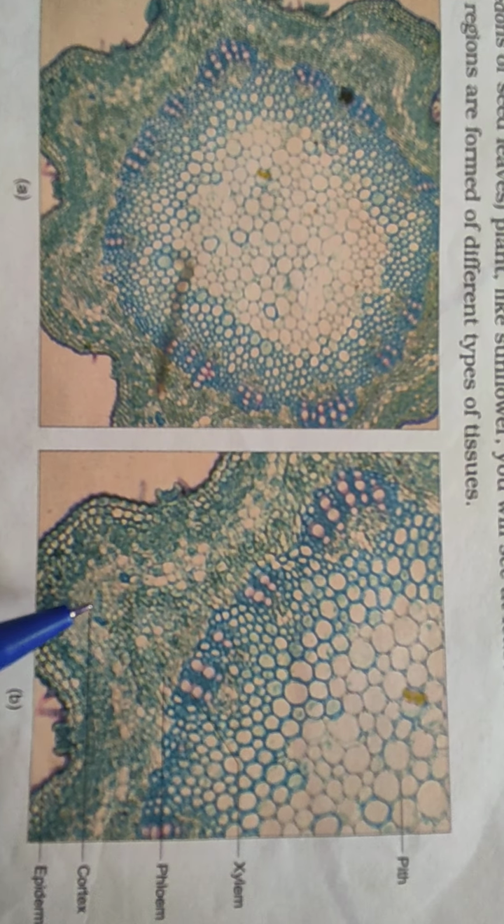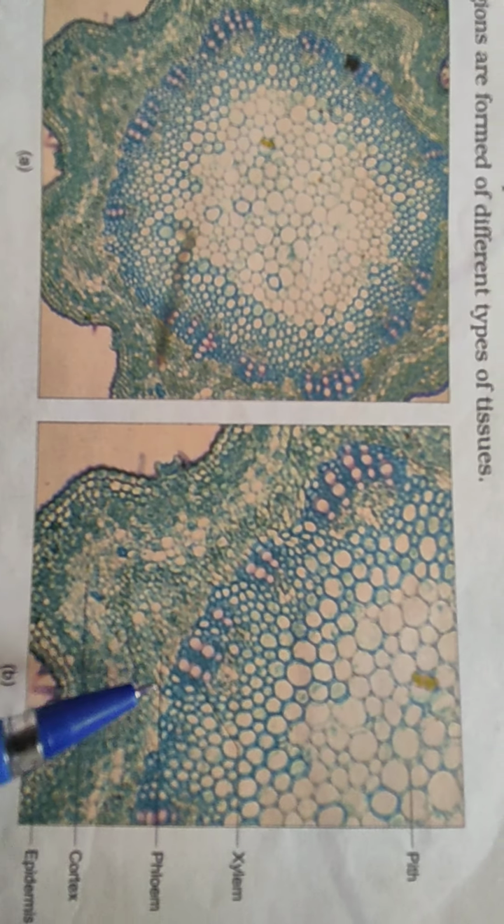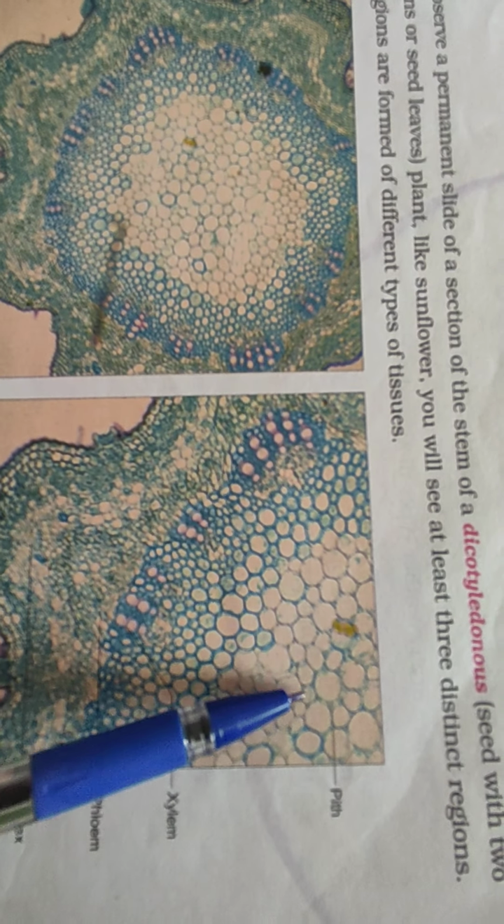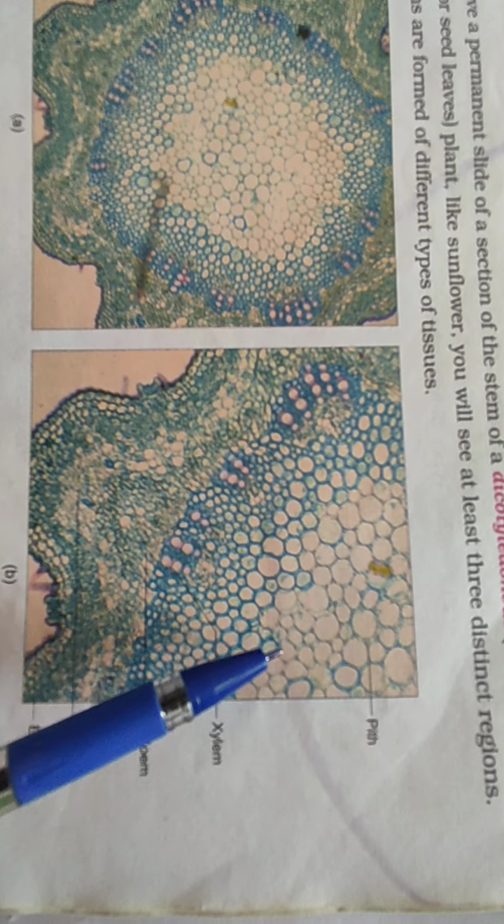So the outer layer, which I told you earlier also, is the epidermis, and it mainly has rectangular flat cells. Okay. Then the next layer is the cortex. These cells are called cortex. Next to this are present xylem and phloem, and then is the pith. If you see here, the cells of the pith are generally circular and round, and they help in storing food. And in between the pith and the cortex are the xylem and phloem. Xylem helps in the transportation of water and phloem helps in the transportation of food.